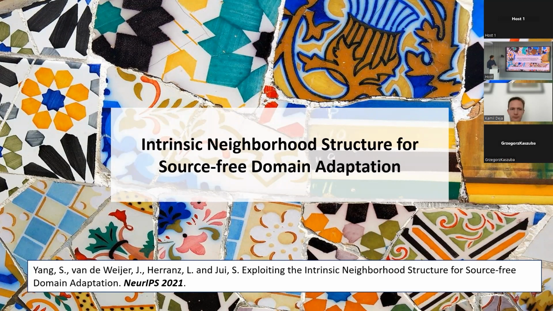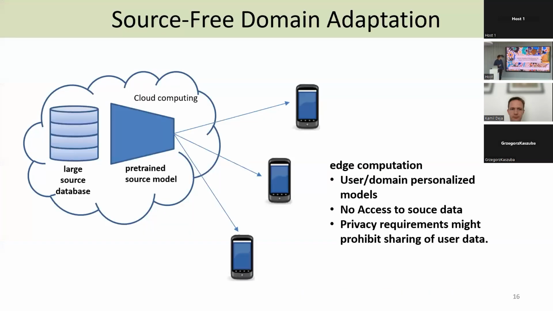From, I think, maybe 2019 on, people started to go beyond this and say, yeah, this assumption that you actually have access to source data and target data in domain adaptation, maybe it's not true. Often you send a model to a device and you want it to adapt. And this new field emerged, which was called source-free domain adaptation, which in a sense is very close to continual learning, where you also don't have access to your previous data.